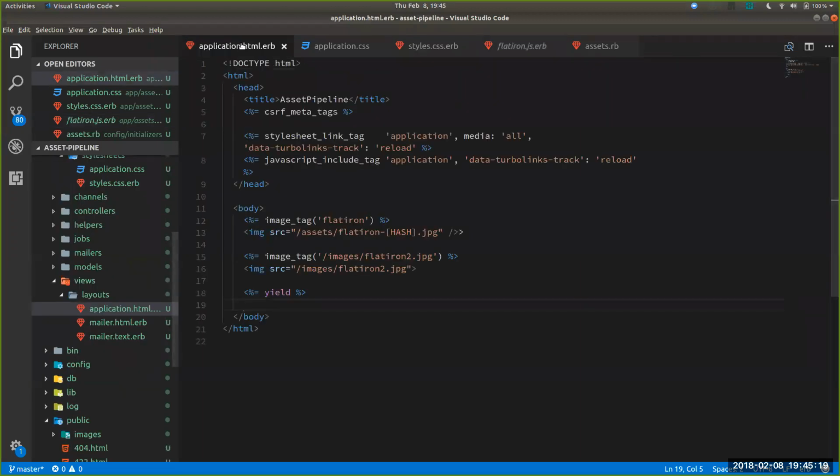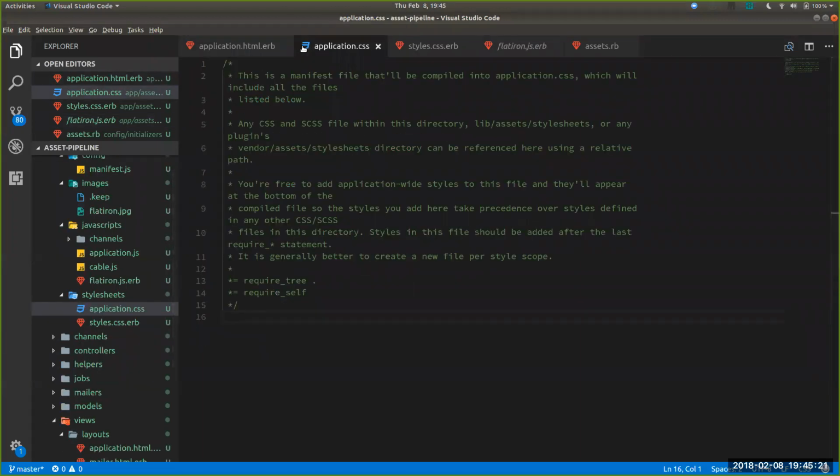So you do need to make sure that you're including everything in this file. Require tree is how it comes first. So this is saying require everything in this folder with this period, and then require self. However,